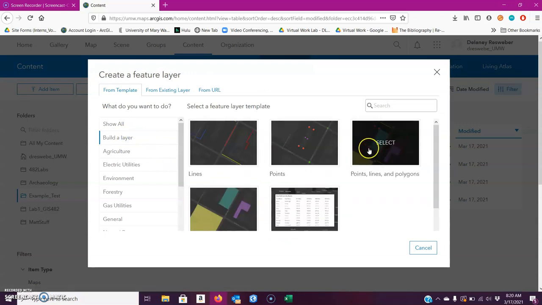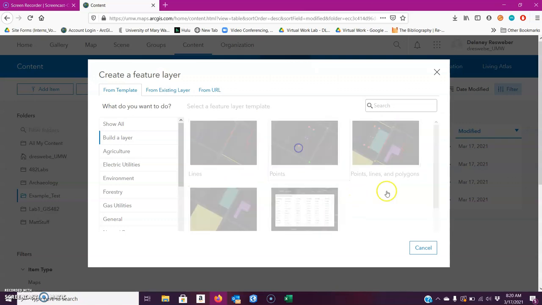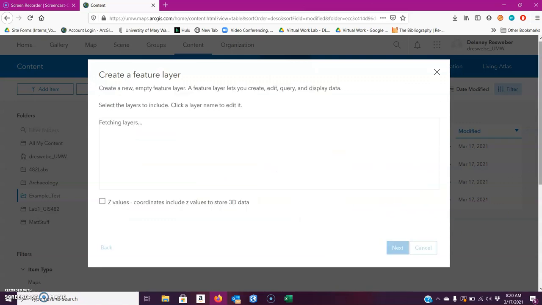You can pick which one it is. I'm going to do Points, Create, and you can click Capture GPS Receiver Information. If you're maybe out in the field and you have the app on your phone and you want to record the location of this stuff on your phone or your iPad or whatever,